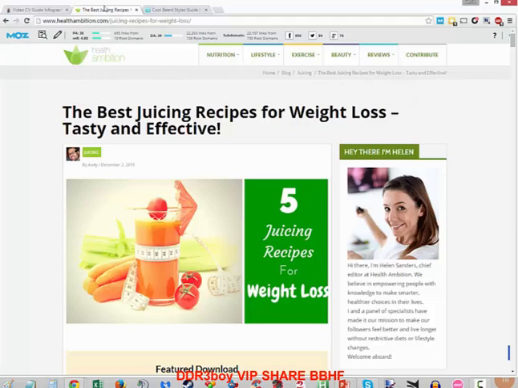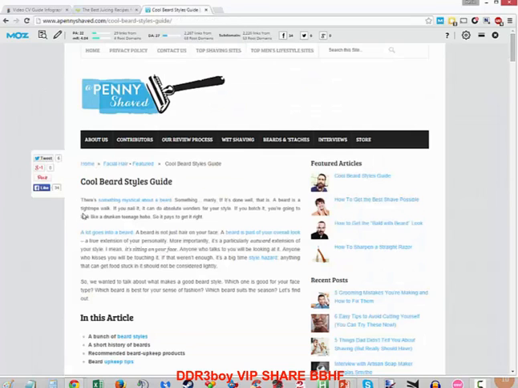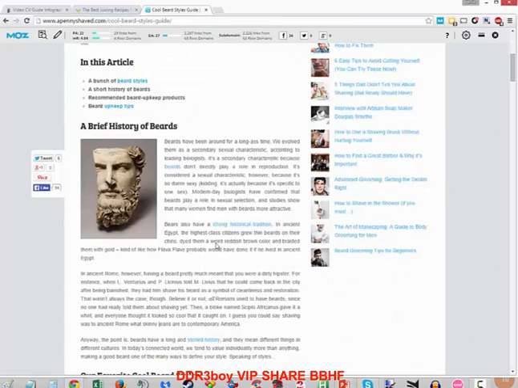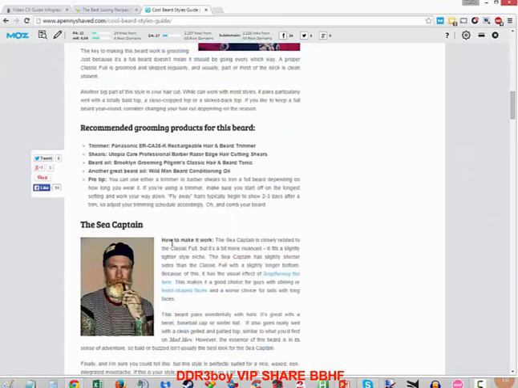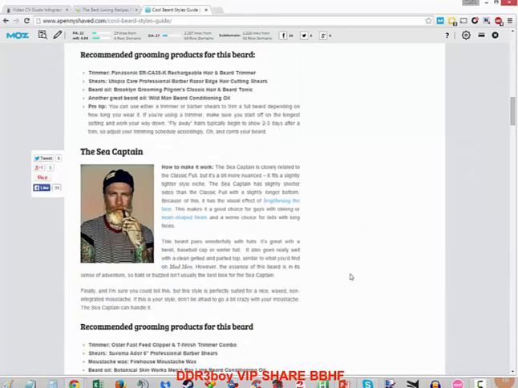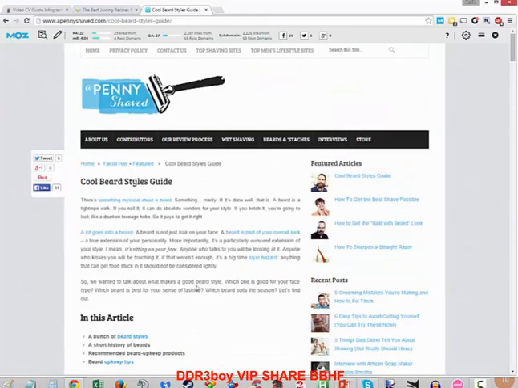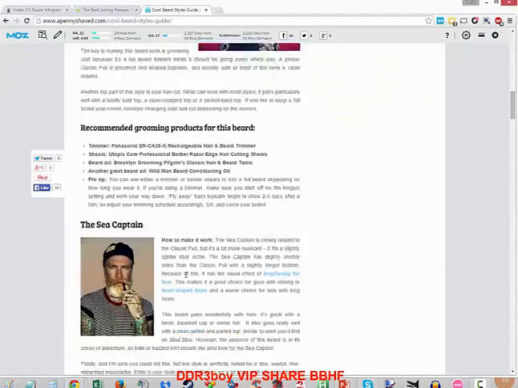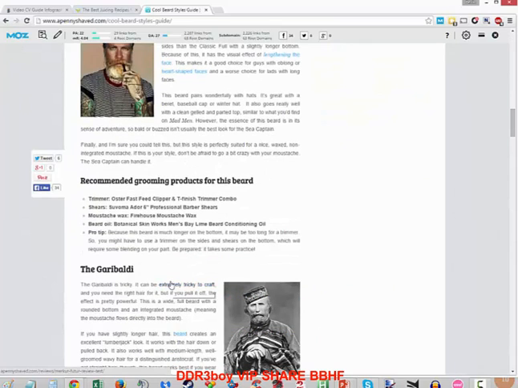And we can also look at one that I created on my old site at pennyshave.com. This is called Cool Beard Style Guide. I didn't write this with any intention of selling anything. I just saw the keyword and thought that it made sense for my site. And I put a bunch of cool information on different beard styles with some good pictures, and this ended up attracting 29 links from 4 root domains, which isn't as much success as some of these other guys are having, but it's still 4 links that I might not have otherwise had. And that's just because the content is fun and good and comprehensive and long and in-depth. It's something people will share and will link to.